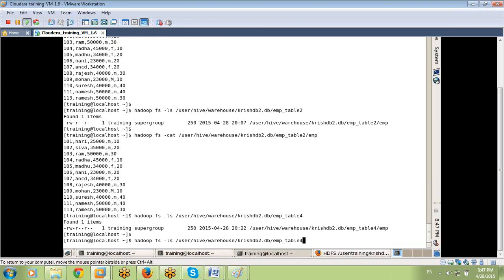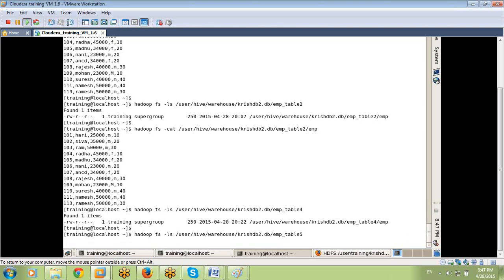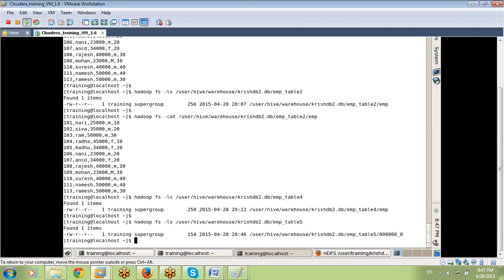Here, yes, hadoop fs -ls /user/hive/warehouse, listing db2 emp table 5. Enter. One file is coming by the name 000000_0.